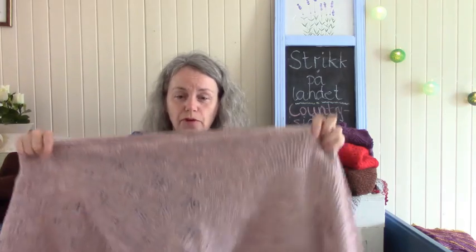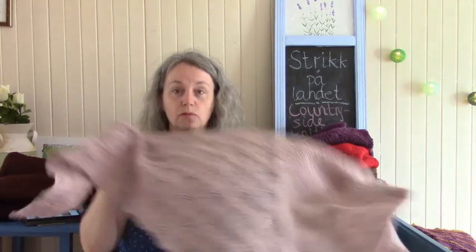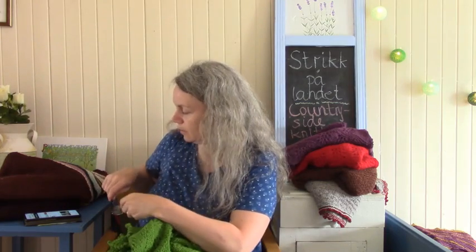This is Finul from Rauma. I recommend this pattern. I'm thinking about making more, like I always do, but I don't need more shawls now, but this is very nice, and it's fun to knit. And I also have made